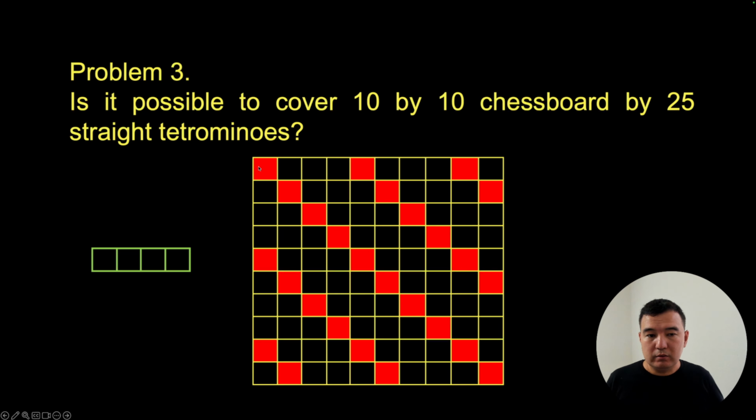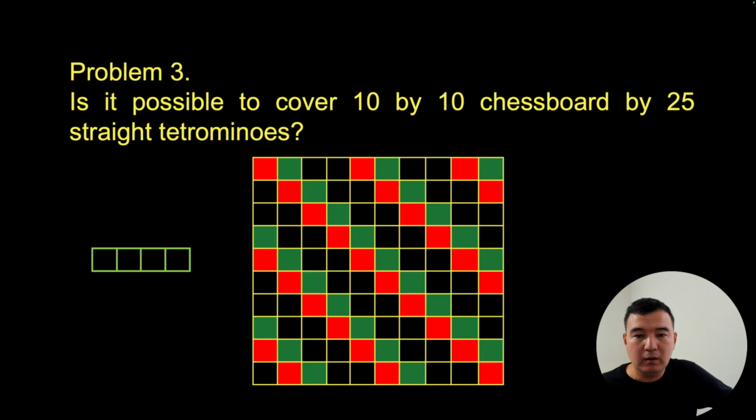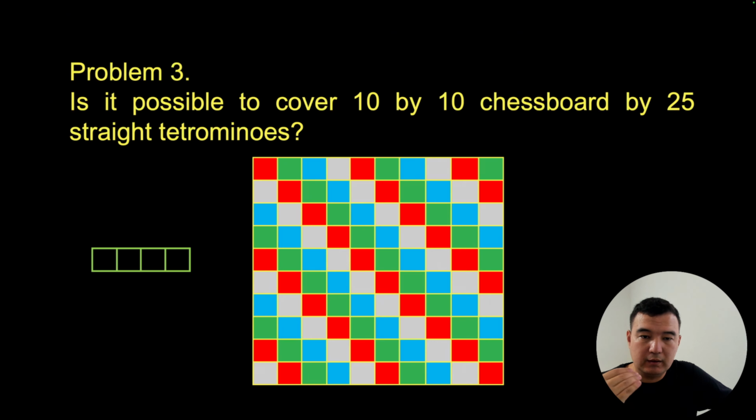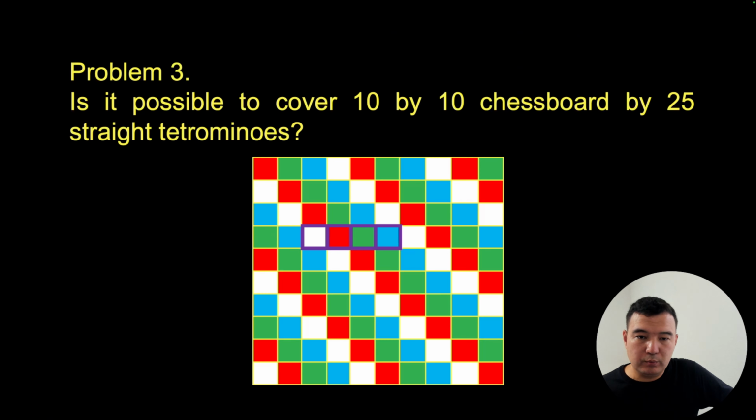So in order to do that, I'm going to paint the board in 4 different colors. This is going to be some kind of assigning colors and then different perspective to the board. So the main diagonal red, and then the next diagonals are green, and then blue, and then white. What's interesting about this painting is that no matter how you place your Tetromino, it will cover one of